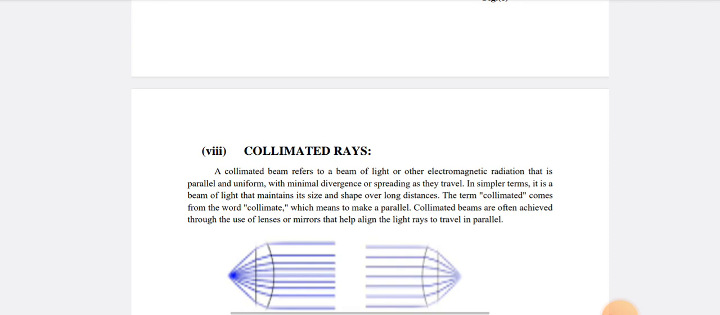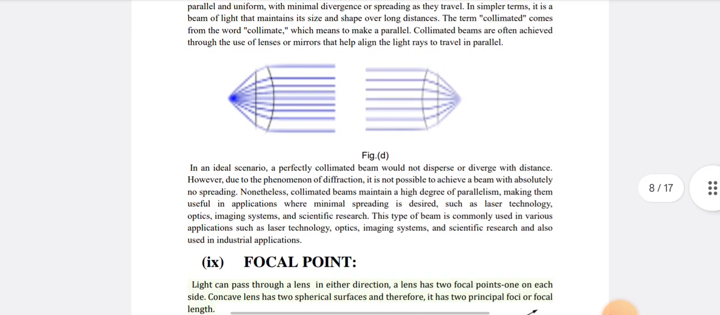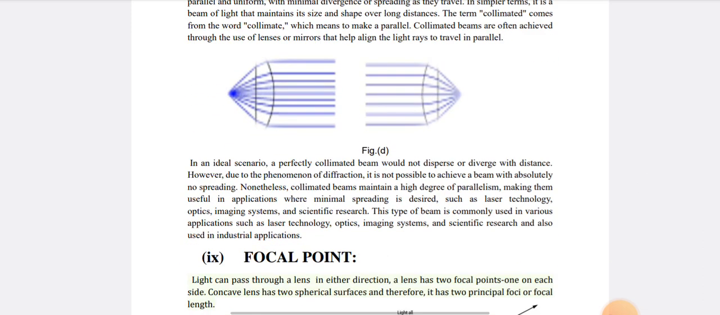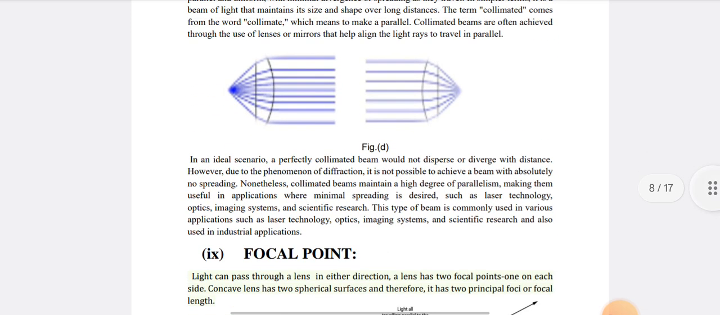Collimated beams are often achieved through the use of lenses or mirrors that help align the light rays to travel in parallel. In an ideal scenario, a perfectly collimated beam would not disperse or diverge with distance. However, due to the phenomenon of diffraction, it is not possible to achieve a beam with absolutely no spreading. Nonetheless, collimated beams maintain a high degree of parallelism, making them useful in applications where minimal spreading is desired, such